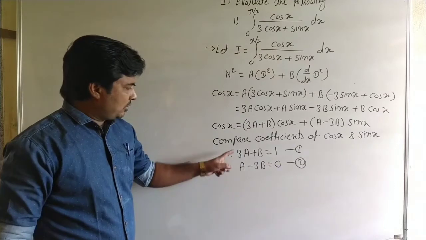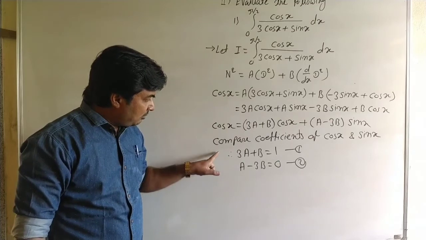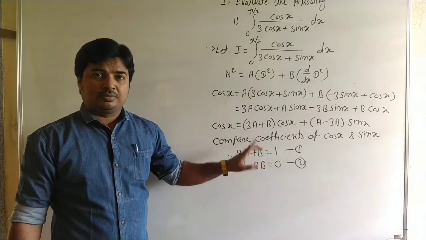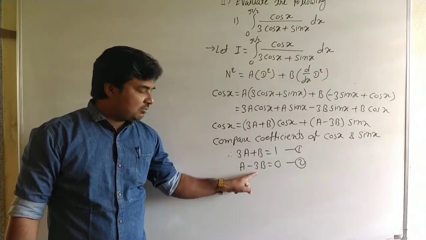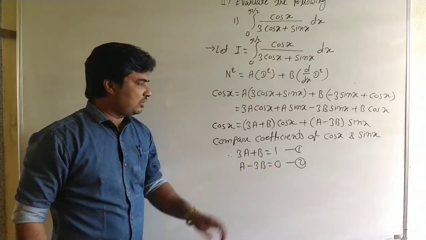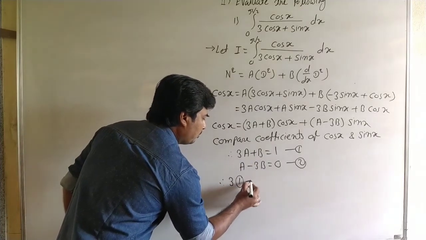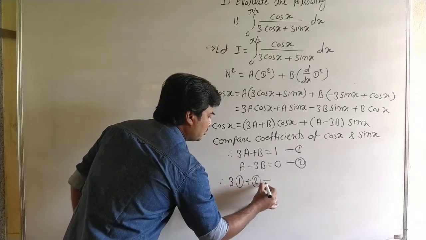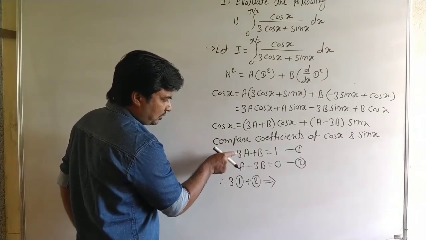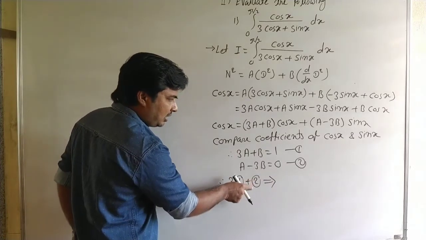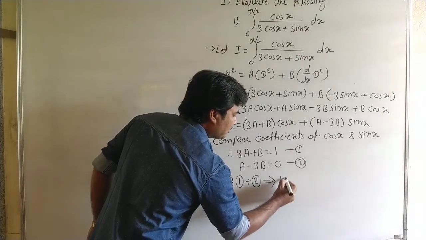Now first we solve these two equations, equation number 1 and equation number 2. Here we multiply equation number 1 by 3, so that we get 3b, and it is minus 3b in equation number 2, and take the addition with equation number 2. Therefore we get 3 into equation number 1 plus equation number 2. When we multiply equation 1 by 3, it is 9a, and adding equation number 2, it is 9a plus a, which is 10a.